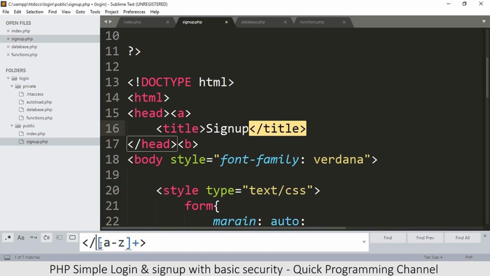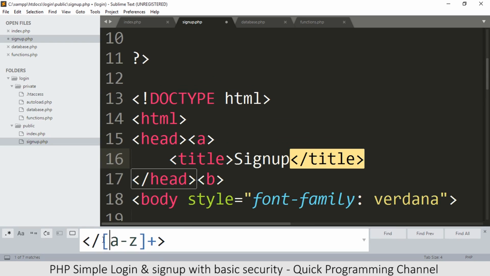So how exactly does this work? The regular expressions are quite simple. What this means here is if you put these brackets, you're telling it you want to put a criteria of what to find. Anything that is outside this means it's a literal string, so it should be found as it is, like that. Okay, so you can put A to Z, and then you can put capital A to Z, or you can put